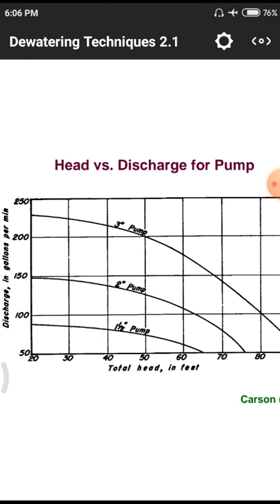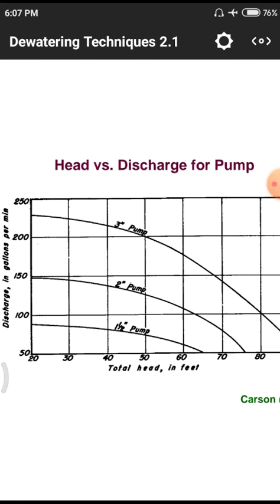We are having a total of 3 pumps: first pump, second pump and third pump. If we remove with the first pump, the value lies between 50 to 100. Continuously using the second pump also, we have a value up to 150. If all 3 pumps are used, we have a value up to 230, like 240. So for each second we have to remove a particular quantity of water, 240 gallons per second.